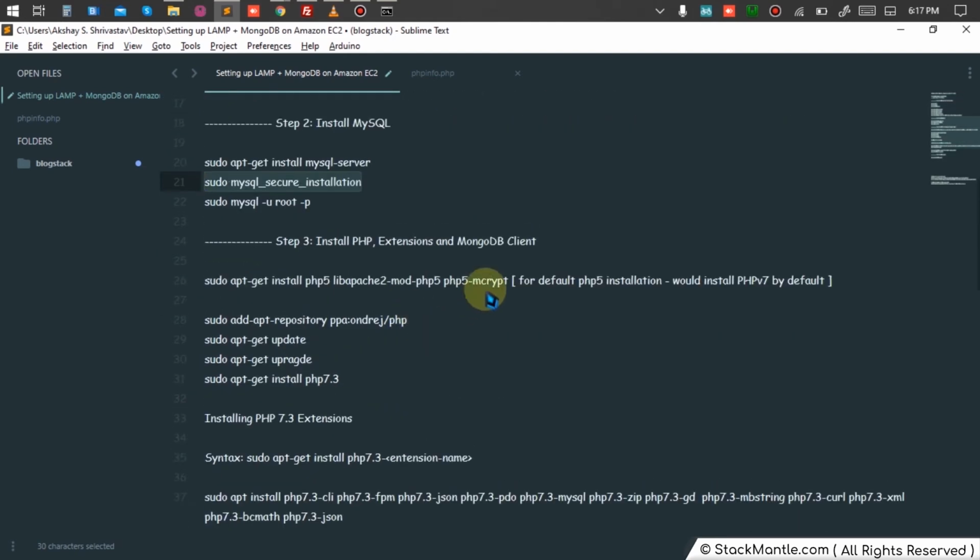Now we're going to move on with PHP. Ideally, most of you would have seen or used this first line command. It would install a stable and default version of PHP, that is PHP version 5 or version 7. But I always prefer version 7.2 or 7.3, which I cannot achieve through this command. For this, we'll always have to add a third-party repository and make sure that we have everything installed in it, right? So we're going to use this to add the repository.